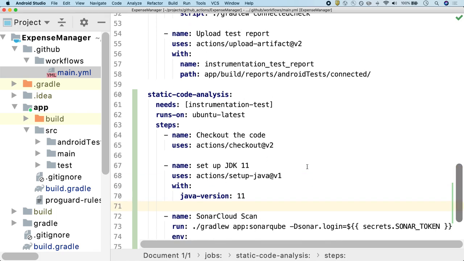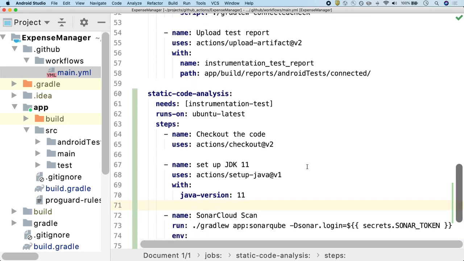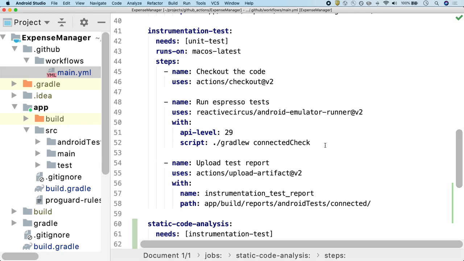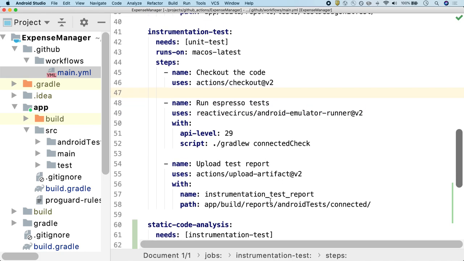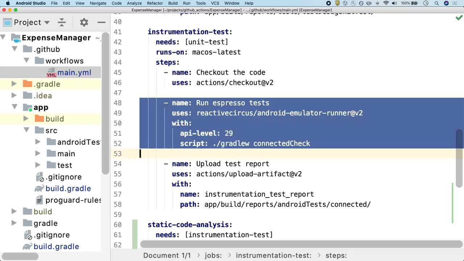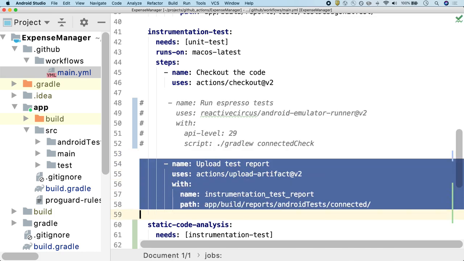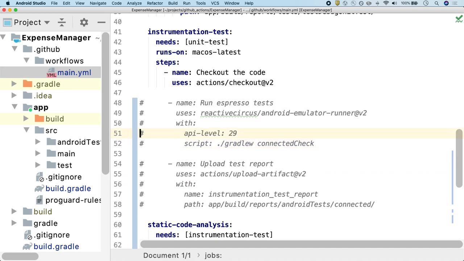But first, what I want to do is I don't want to run everything again because it takes time. So instead, I will just comment these things out and we will just do a simple echo.